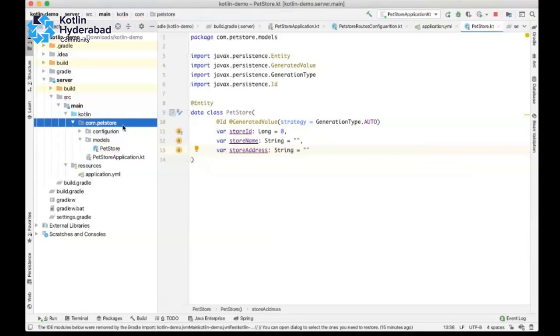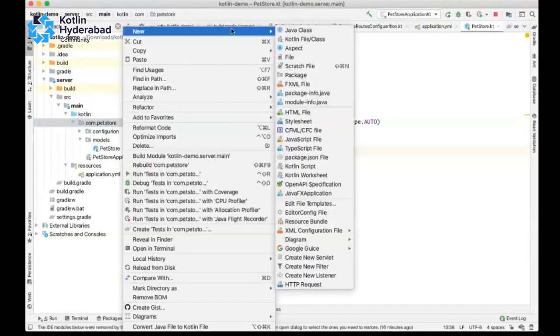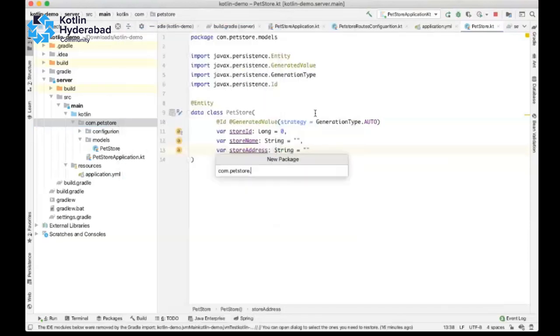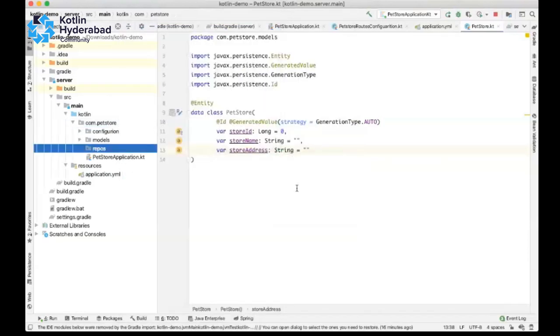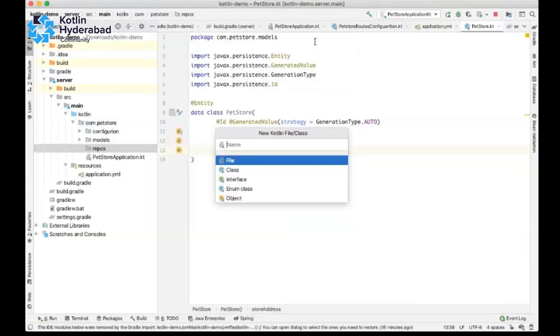So I'll create a repository. Repos, pet store.